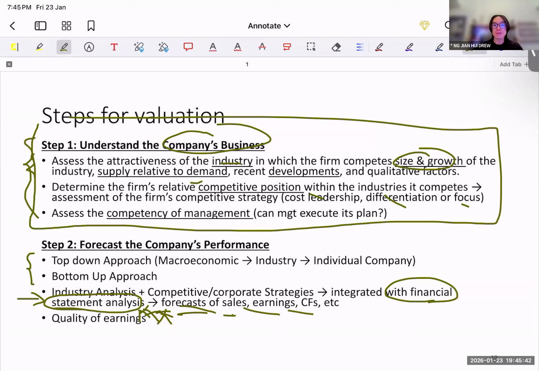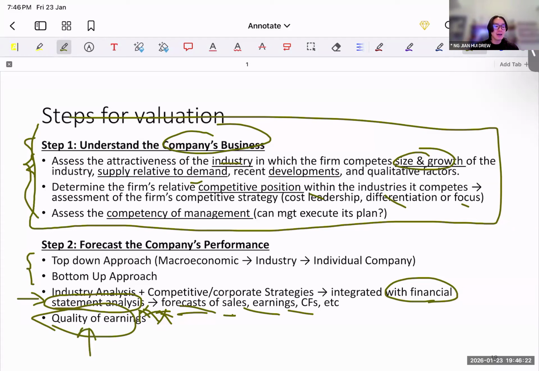So usually you look at the past financials, and that's where you do your financial statement analysis. Having done your analysis, you know that the company is going to grow 5% for the next 3 years, and then 3% for the last 2 years. So you do a 5-year forecast or projection. That's typically how you do it: you look at the past financials to provide guidance for the future. At the same time, we need to consider things like quality of the earnings.